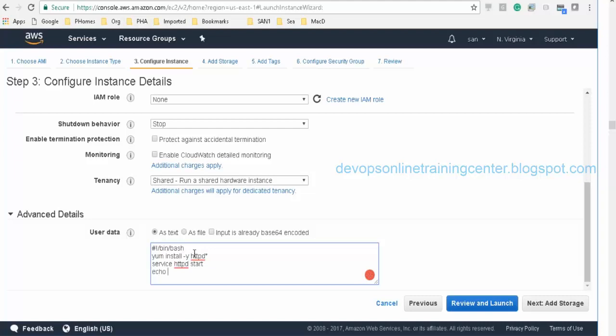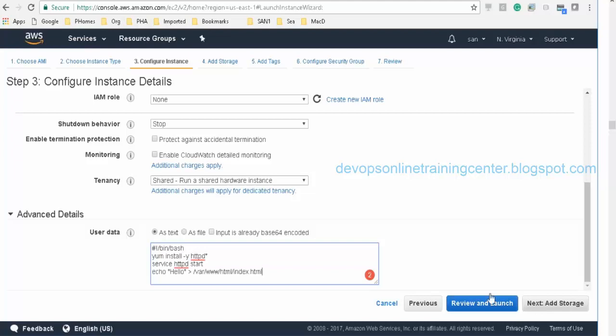And also we'll create something like hello under var www html. This Amazon AMI is kind of a derivative of Red Hat, so all the yum and service commands work.